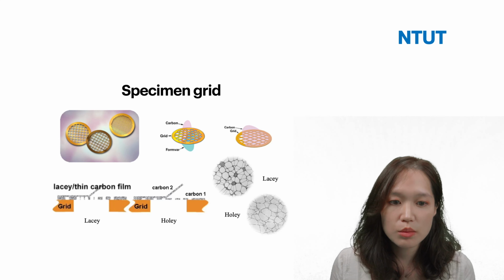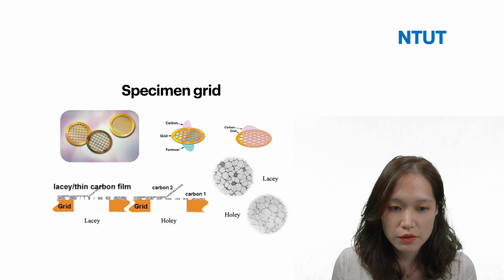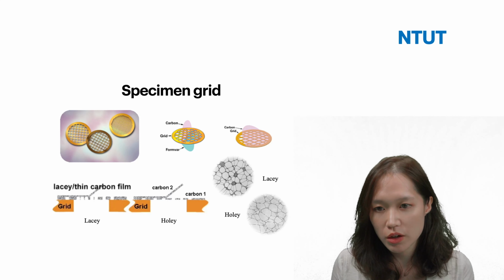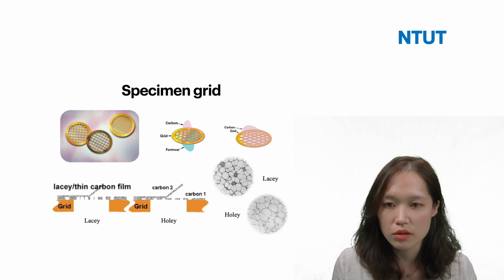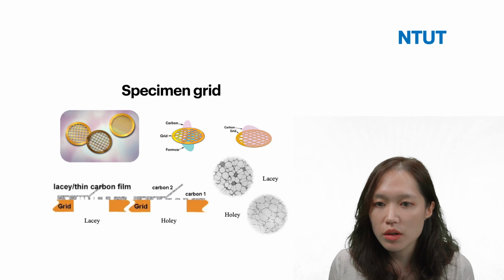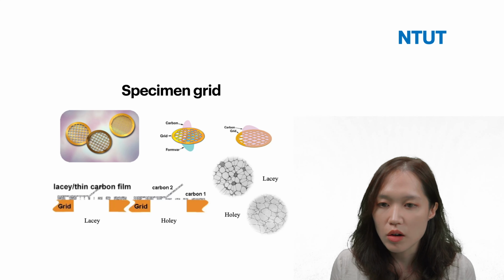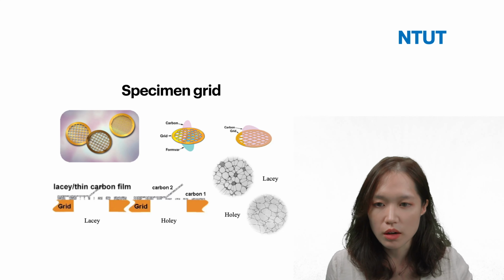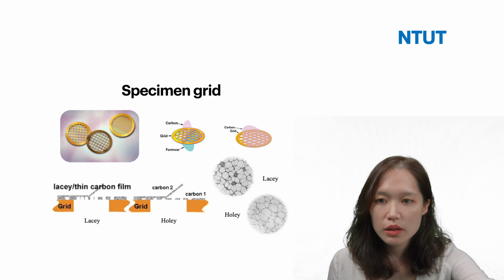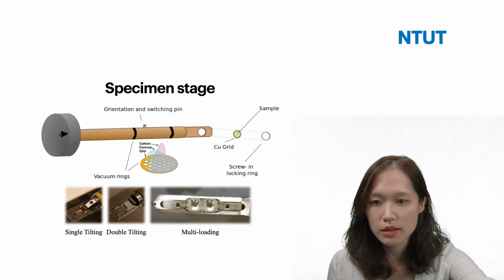Also, the lacy carbon support film offers much more open area than holey carbon films, resembling a random mesh, as we can see here, which is also ideal for using things like graphene and oxide types. The second one is the holey one, which, as you can see in the cross section, has holes that are much more evenly distributed on the carbon. Okay, so this is how we drip our specimen, and now is how we put it into the specimen stage.